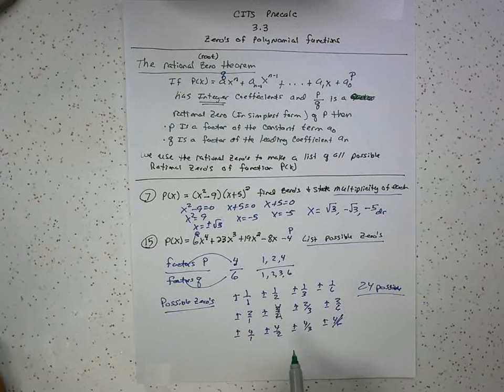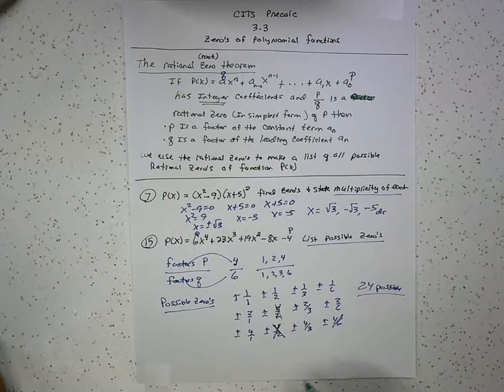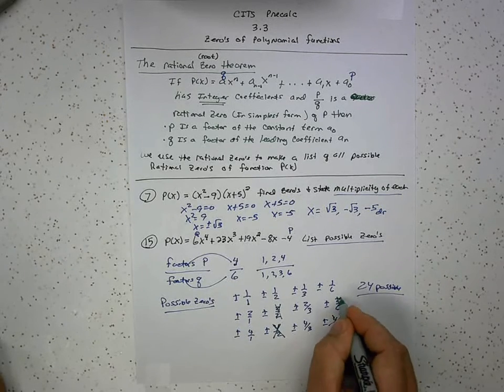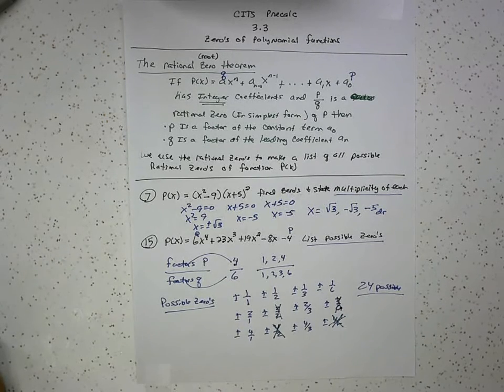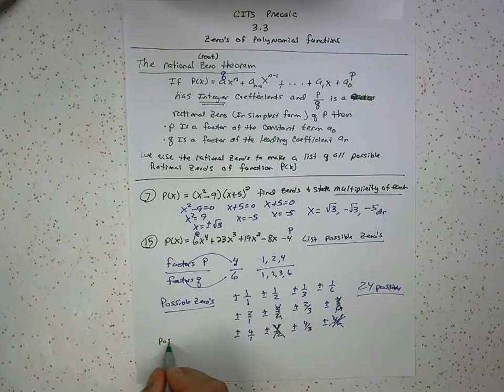How about 2s? Well, 4 over 2 is 2, so we don't have to worry about that one anymore. 2/3, well, 4/6 is 2/3. 2/6 is 1/3. So I have it already up there. Okay? 4 and 4/3 I don't have other copies of. So now we just reduced it down a little bit. But so the possible zeros